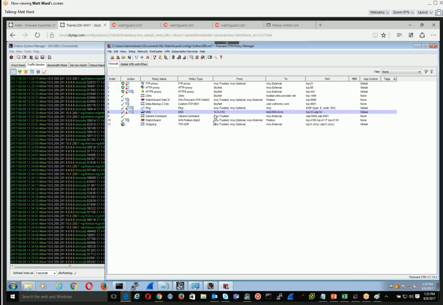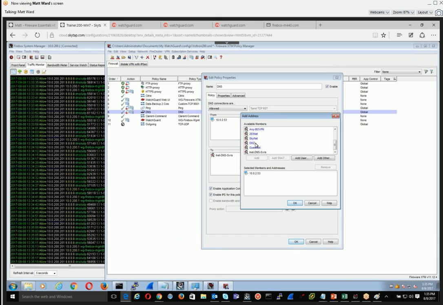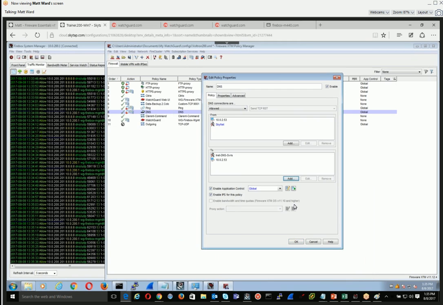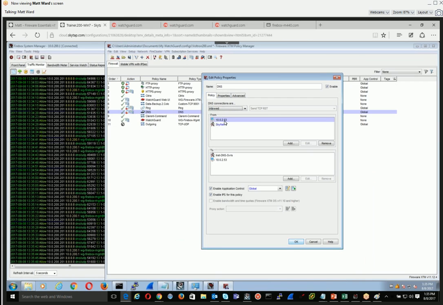So we have two options. If you want to keep this separate, which there will be reasons you'll see down the road for application control purposes, and if you're going to get into proxying purposes, that you might want to keep this separate. But I could also just make it as simple, right, that this DNS policy, port 53, TCP UDP, is not only open coming from my DNS server to the